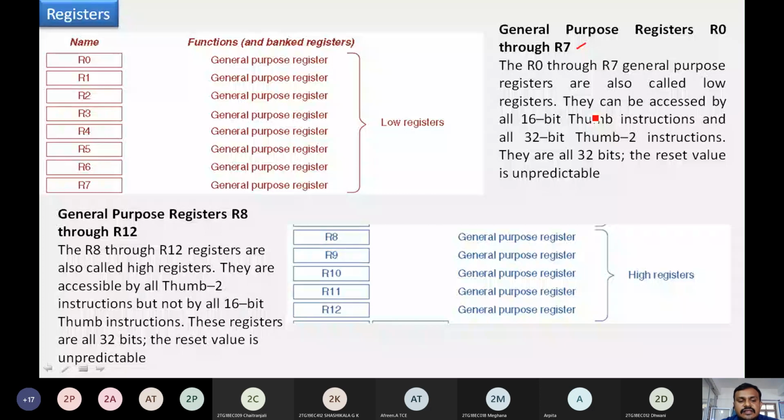These registers are also 32 bits in size, and the value present in them after the ARM processor is reset may be unpredictable. So these registers are used by 32-bit instructions and only some selected 16-bit instructions.